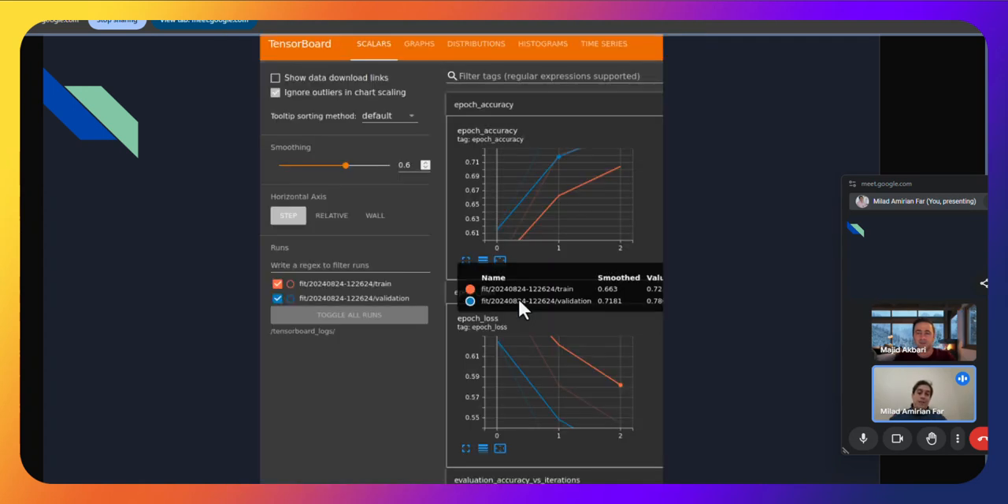And also another important component is the built-in TensorBoard. Because after training the model, after inferencing,